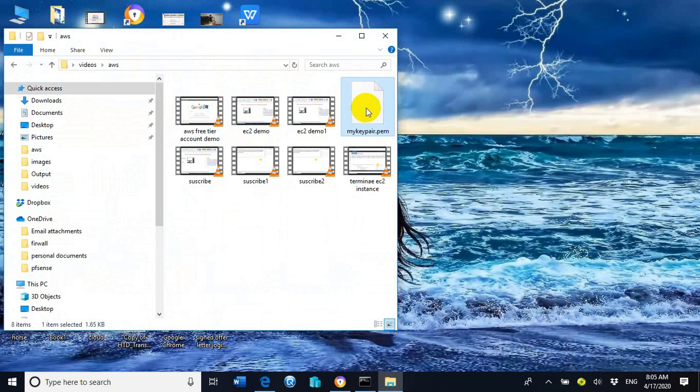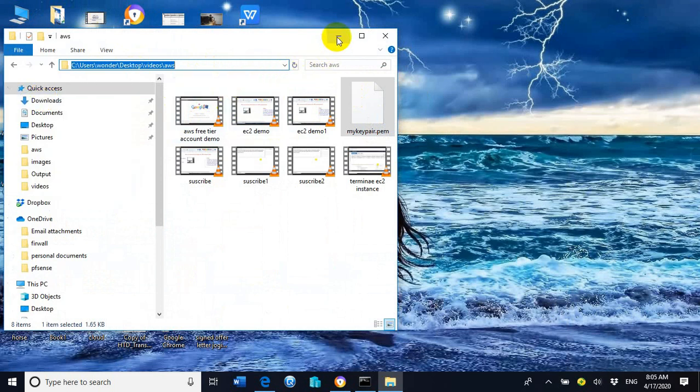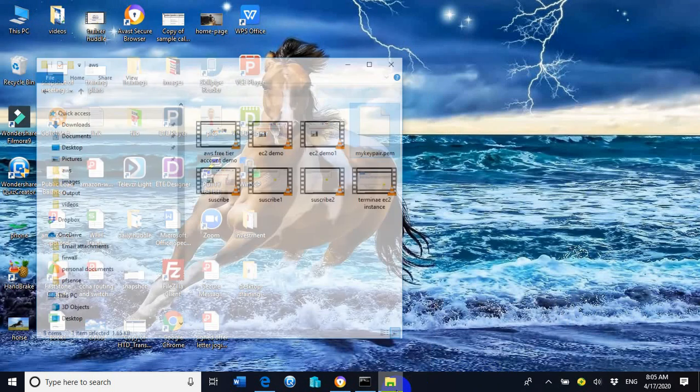So here this is the key, my key pair. So I will copy the location where my key is located.